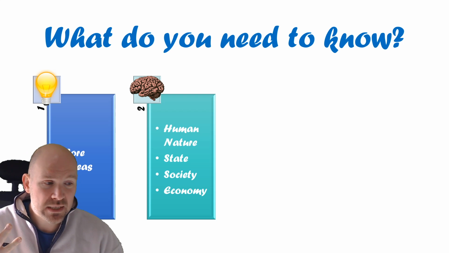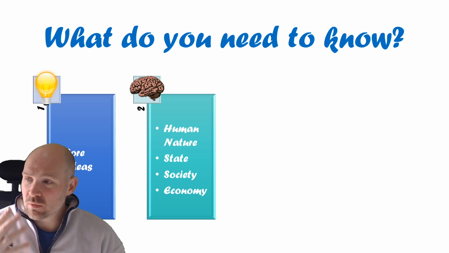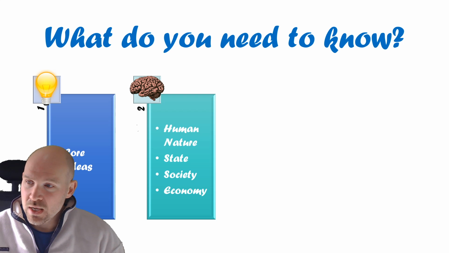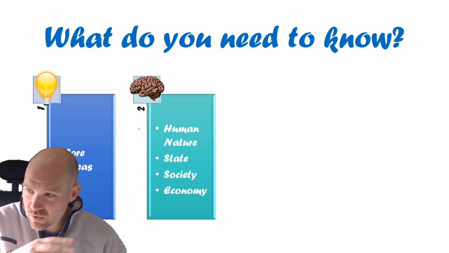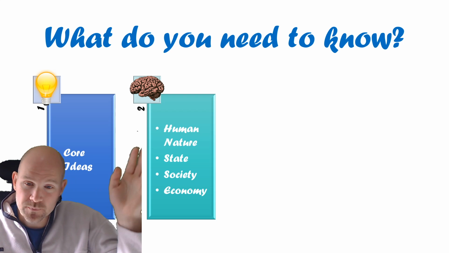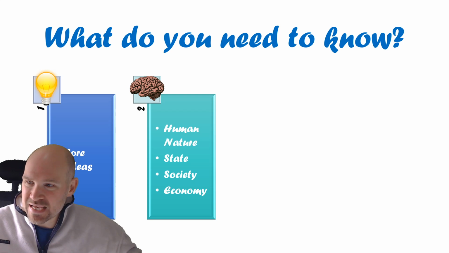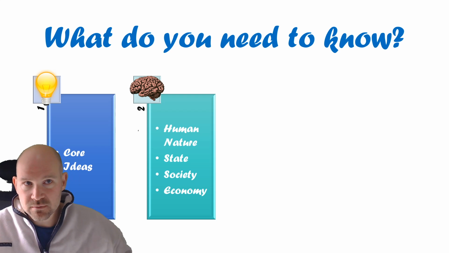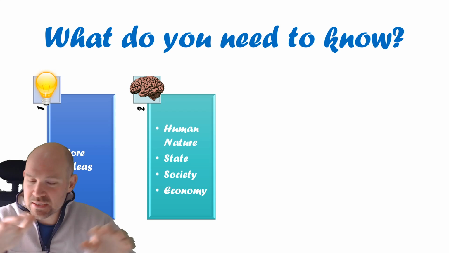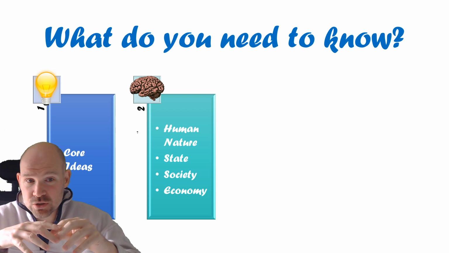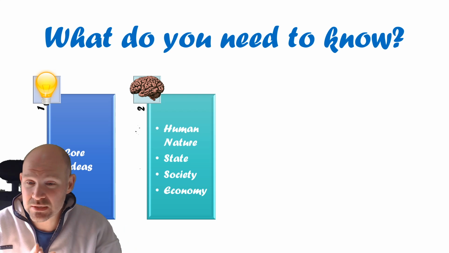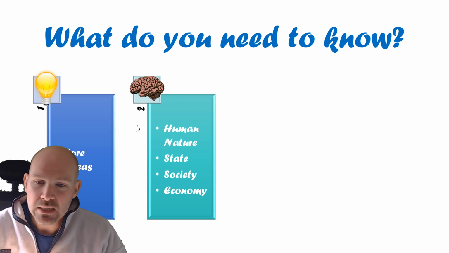So, to what extent do liberals agree about the role of the state? Could be an example question. And so you need to know all 4 of these ideas and how that fits into ideologies. But they go quite nicely together, because if you look at them, human nature: what are humans actually like? Good, bad, free, trapped, whatever. What is the state and what should its role be? By state here we mean the government. Should it be large and doing lots of things in our lives? Should it be small? Should it be tiny, doing as little as possible? Should we have no state at all?